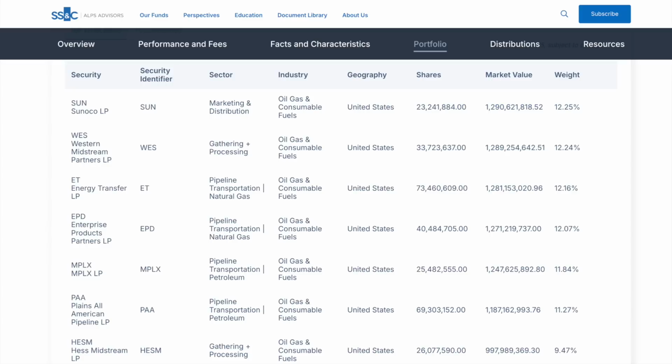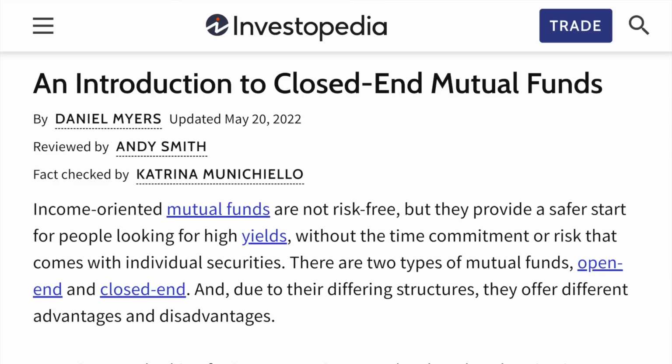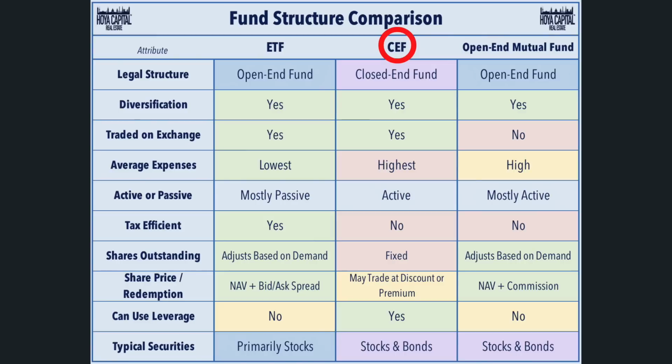Moving on, another great group of investments are closed-end funds. These are similar to mutual funds and ETFs, but they come with a few differences. All three are diversified investment products that hold a collection of different investment types, but CEFs will sometimes also hold investments that you typically don't see in an ETF or a typical mutual fund. So that could include common stocks and preferred stocks, but it could also include junk bonds, collateralized loan obligations, convertible